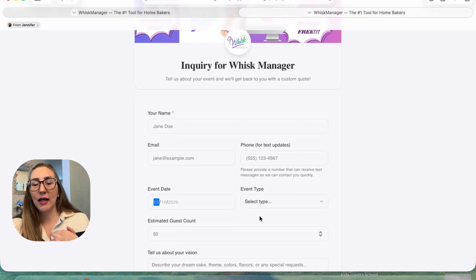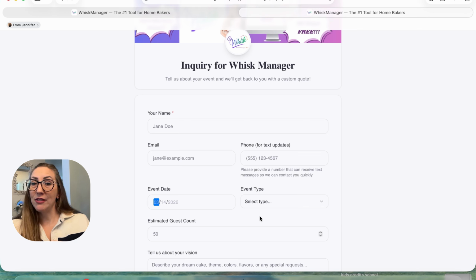It's going to create a client portfolio, an order for them, an inquiry, and send them, if you have it turned on, access to the client portal. So when they hit inquire, it's going to say thank you for your inquiry and send them an email. When they get their email, it's going to give them access to log in to their